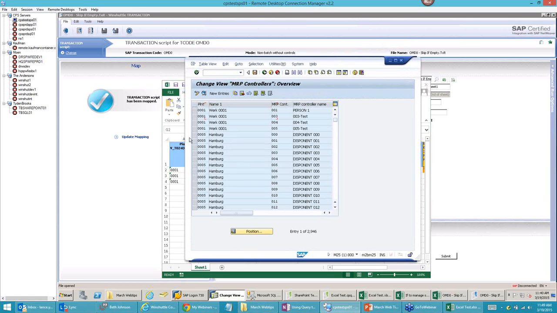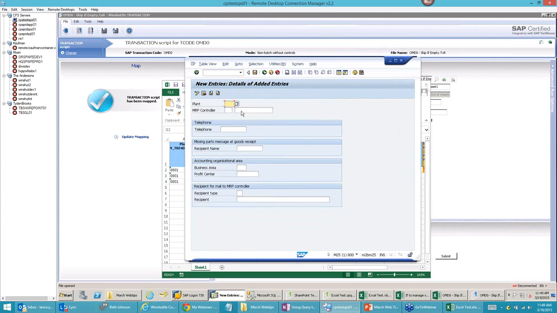All right, so this is the configuration for MRP controllers. And if I want to create a new entry, I hit New Entry. And then it gives me all the information that I need. So in this case, there's not a lot of required fields. Either they're required and SAP forgot to put that beautiful little check mark in there telling me it's required, or